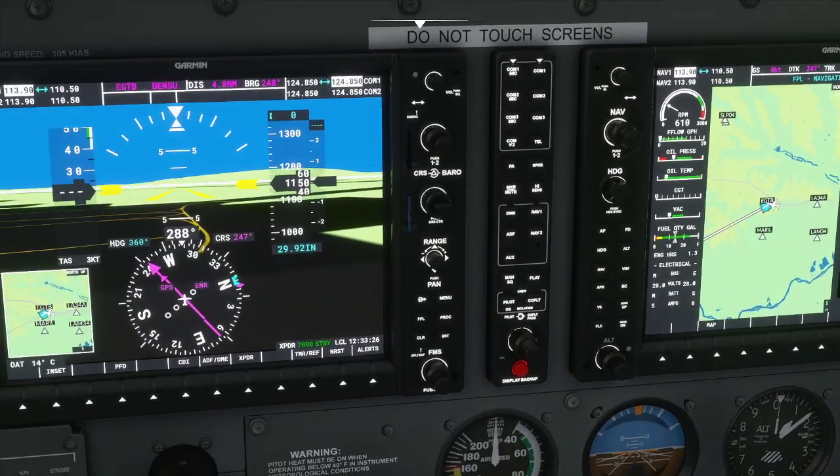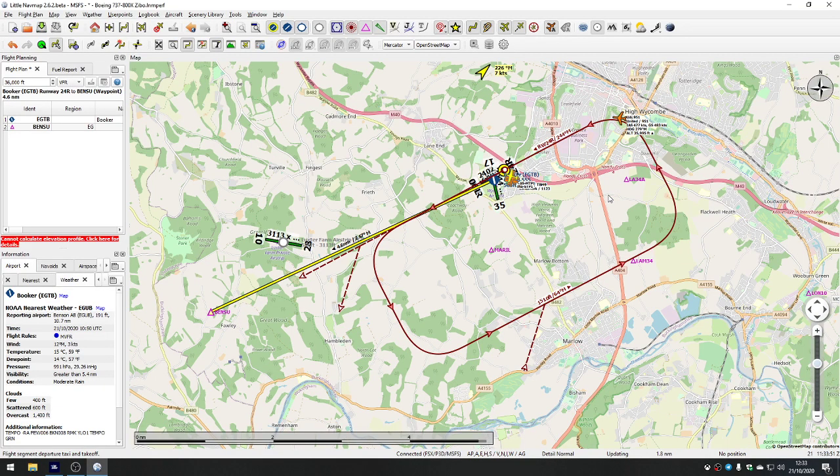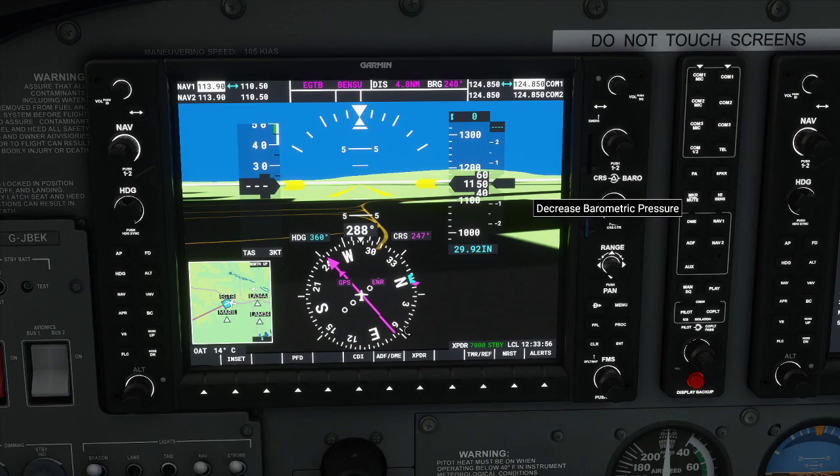So the thing I'm most interested really in looking at is on here. We can, or we should at least be able to change the barometric pressure. So here it is. It's the outer ring of this control here. So if we put the mouse in the right place, we can decrease or increase the barometric pressure. Now we can go across and have a look in Little Nav Map, and it will tell us the pressure should be 29.26 for on the ground at Booker. So it's at 29.92 at the moment. So if we go and change this to 29.26,